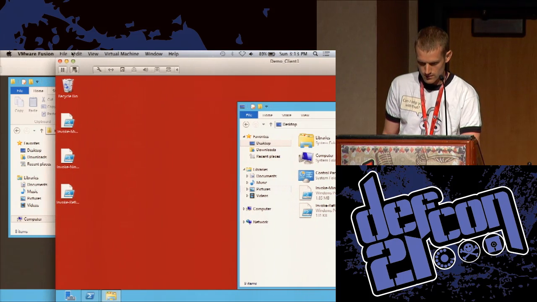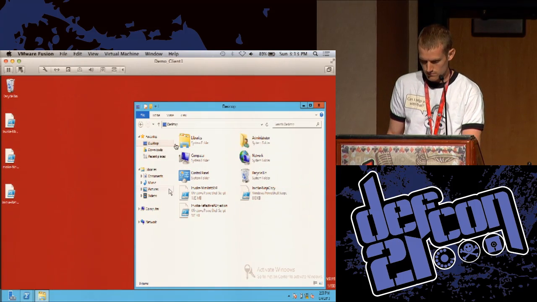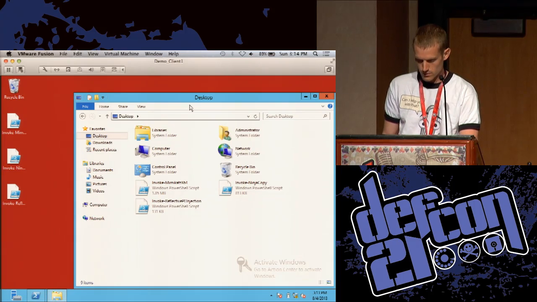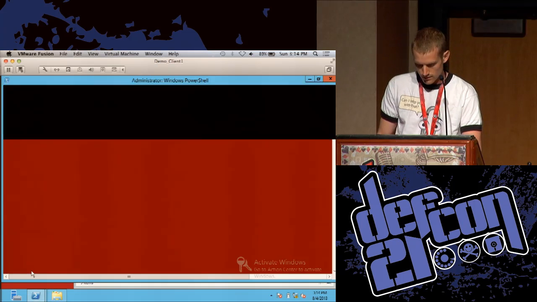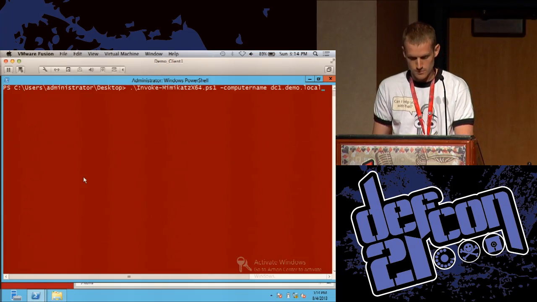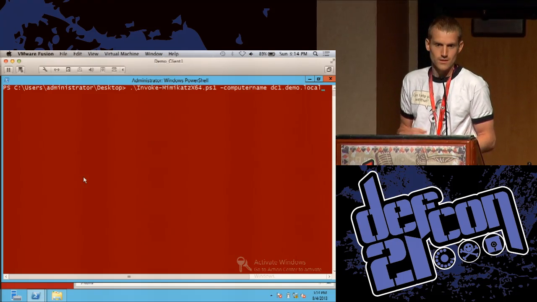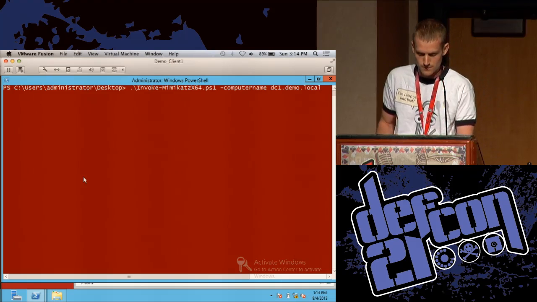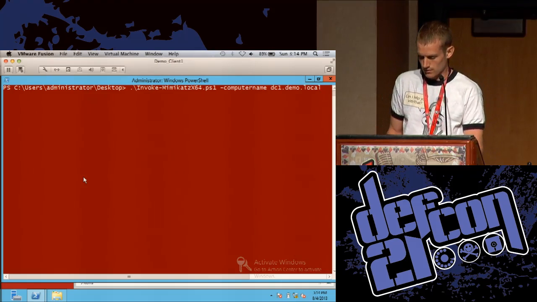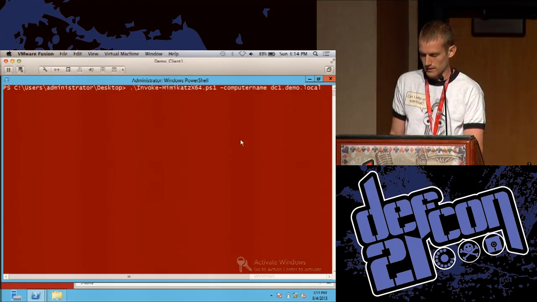Just as an example of what you can do with this script, I have this script here called Invoke-Mimikatz x64. All I did was hard code the Mimikatz binary into the reflective PE injection script, just so it's a little easier to use. So what I'm going to do here is you can supply a computer name,